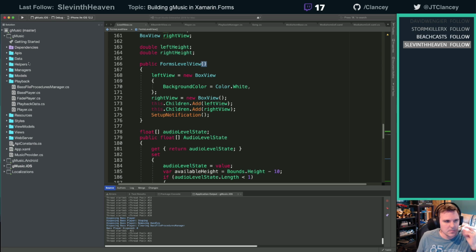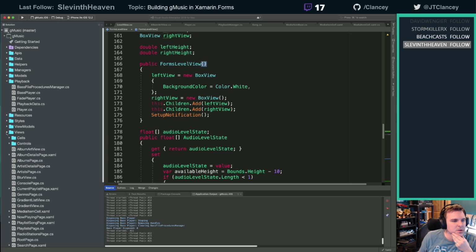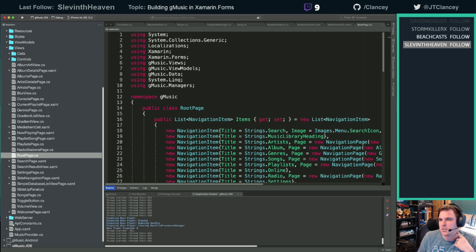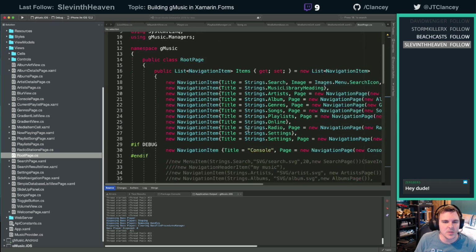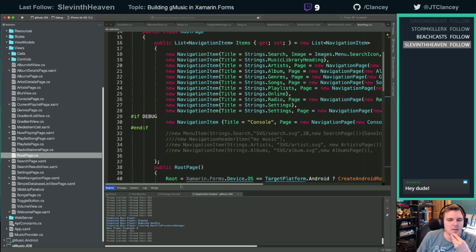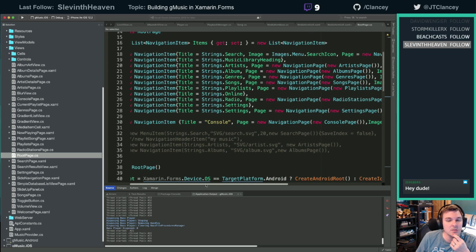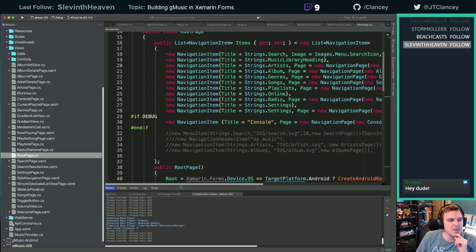All right, so let's start building this new view. We're going to jump into our root view, because that's where we add in our new pages. It's funny, because one view says 9 and one says now it's back to 9. Why, hello, Zergberg. Welcome back again this week. I think I'm going to work on the equalizer view, unless anyone has something better they would like to build. But I think the equalizer view will do.